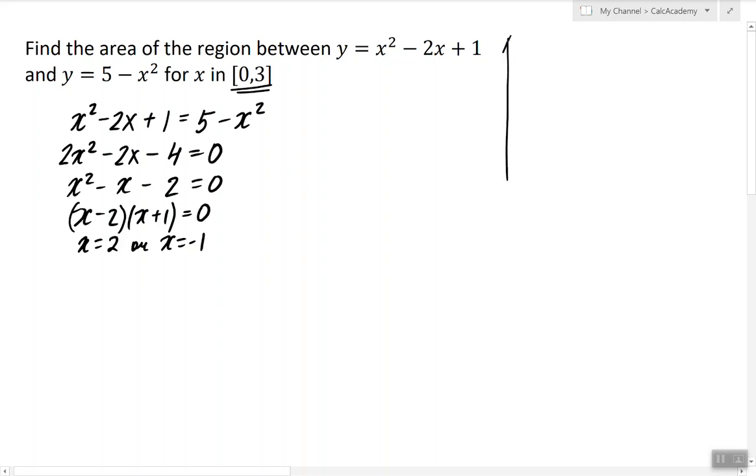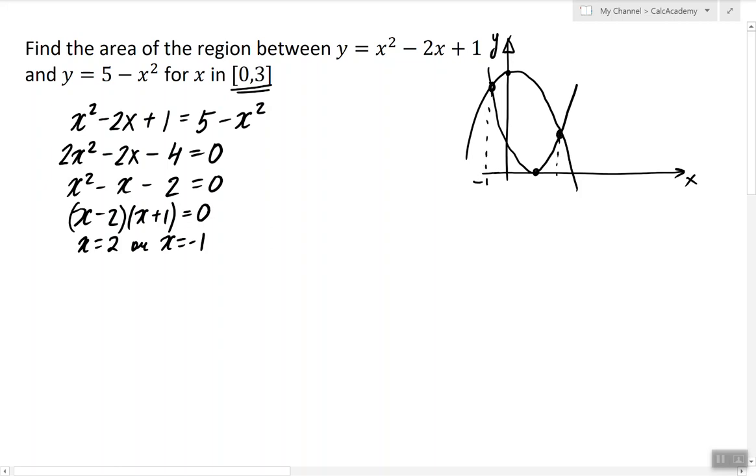So the picture that we're working with is the following. We have an upside down parabola and we have an upright parabola, and they intersect at -1 and 2. We're looking at the area between these two functions on the interval from 0 to 3. So that means we're looking for this area, from 0 to 2. And for this area